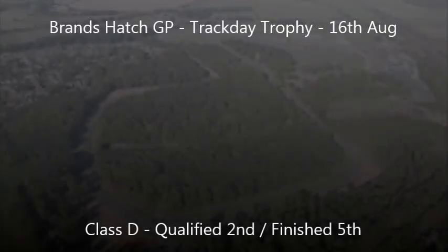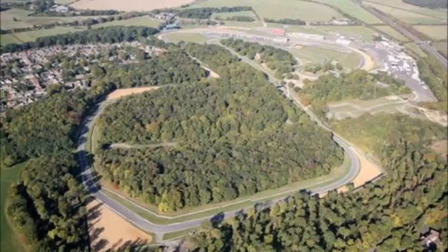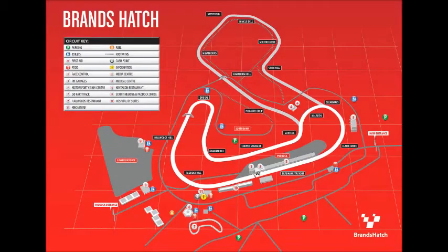Okay, so this is the Trackday trophy round at the Bronze Hatch Grand Prix circuit. We qualified second in Class D, although we finished fifth overall. The throttle stuck wide open straight off the start line, so we lost a lot of time going around in